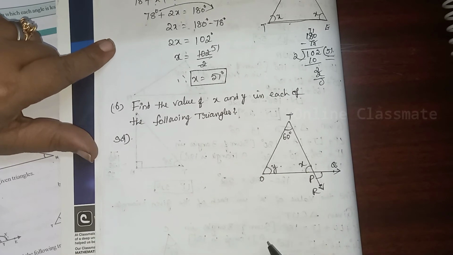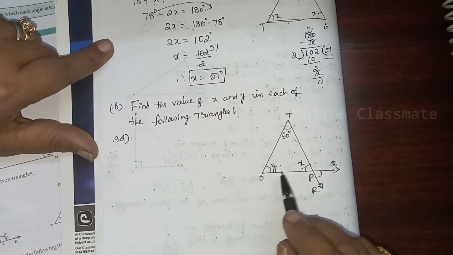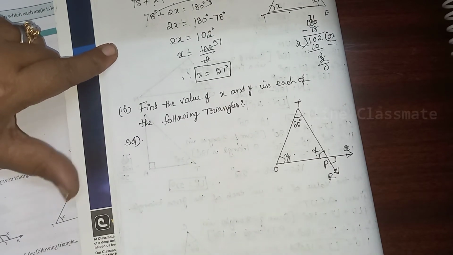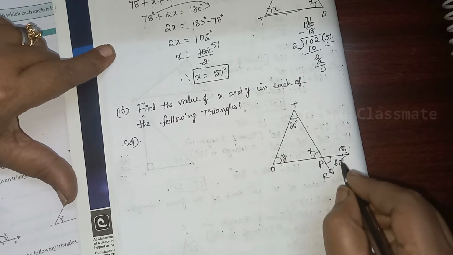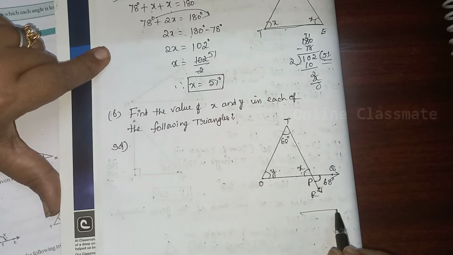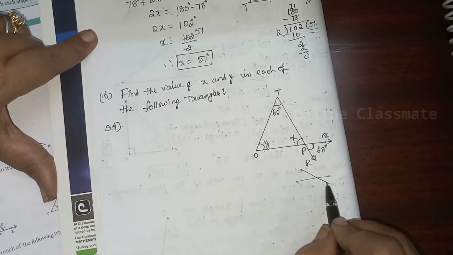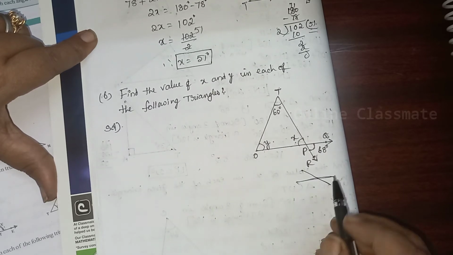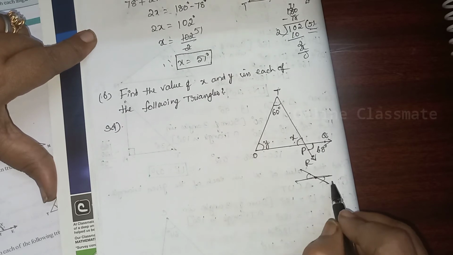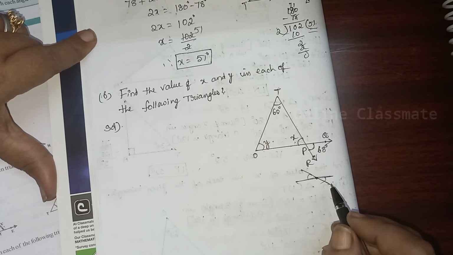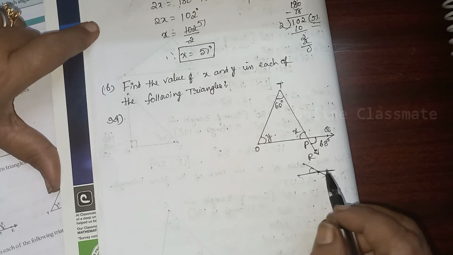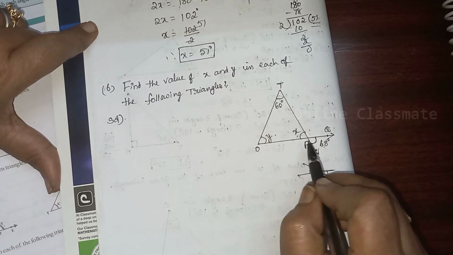How can you find one subject? X and y, x or y, what is the relation? Here 68 degrees is given. Angle P is 68 degrees. These two lines, which lines are they? Like this, two lines meeting at one point are called intersecting lines. The point is called the intersecting point. Here the formed angles are called vertically opposite angles. Okay, vertically opposite angles. This one comes in the chapter lines and angles. Here x is equal to how much? What is the value of x?